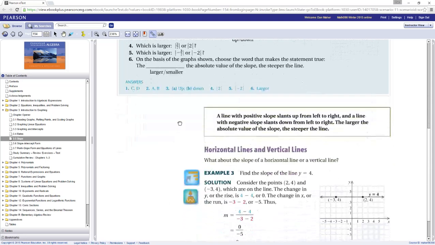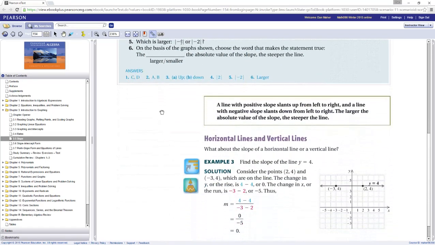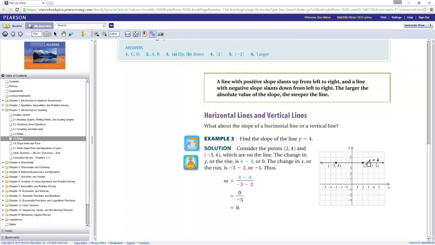And then they give us more about strategies, which is a good read. They color the page and put a square or a rectangle around it. That means it's important. Okay? And then they're going to talk about horizontal and vertical lines, because there seems to be a lot of confusion about this. If I have, in this case, this horizontal line here, which could be y equals 4, and remember what slope is,